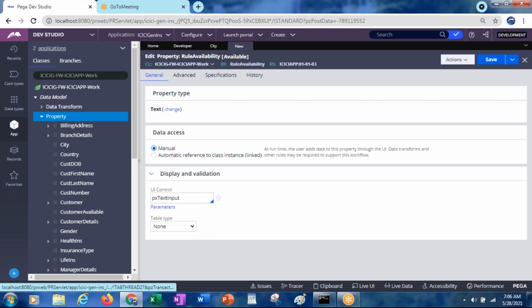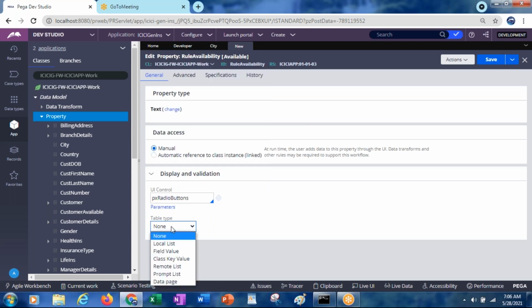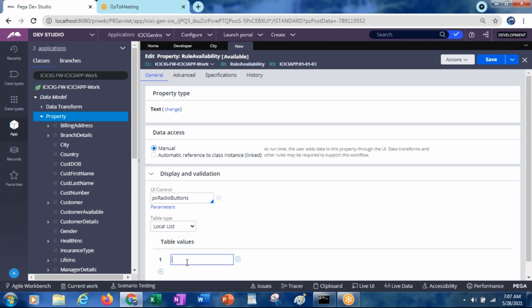For testing purposes, I would like to make it a radio button. When you test, we can see how exactly it will be displayed. I'll be giving this version 010103, as I'm creating it under 010103.